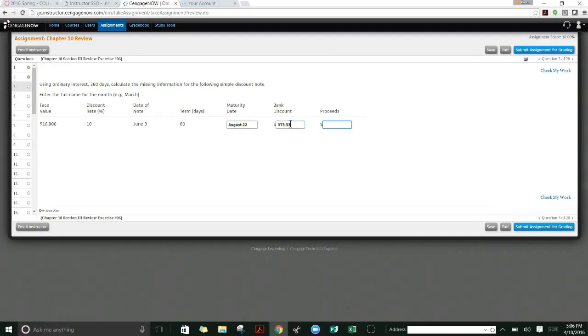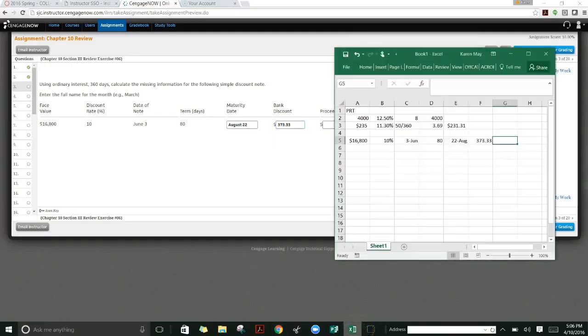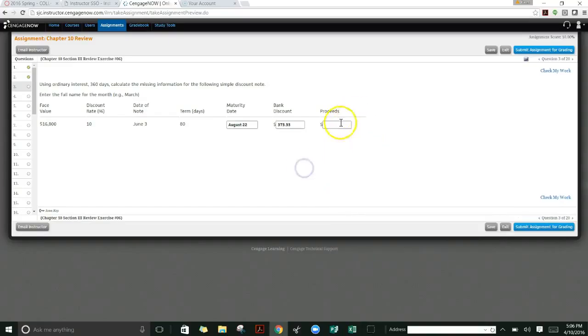And then to get the proceeds, we have to subtract. So equals the amount you borrowed minus the discount, and it's 16,426.67. And check the work,